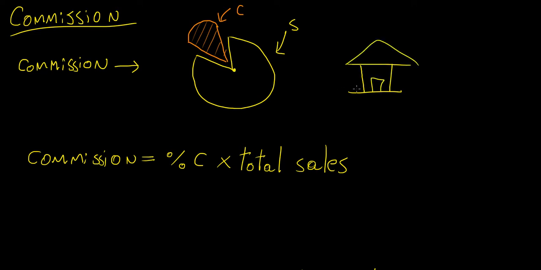And basically what you're doing is you're working for a bank. So if you're a real estate agent, what you're doing is you're going to houses that are being sold by some owner or some customer, and then you're just bringing people in to see the house, and then you're trying to convince them, oh, okay, this is a really nice house, this is why I think you should buy it. And then you try to convince them to buy the house, and then if they do, then part of what